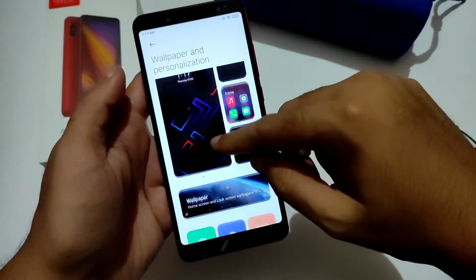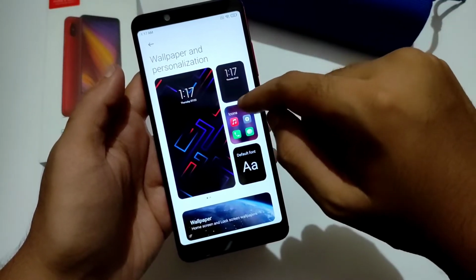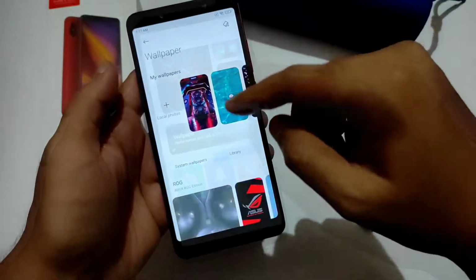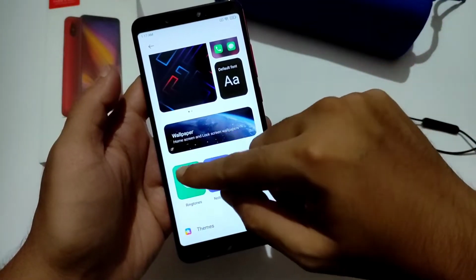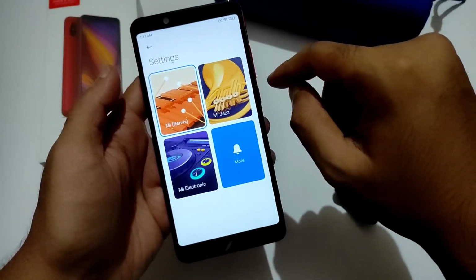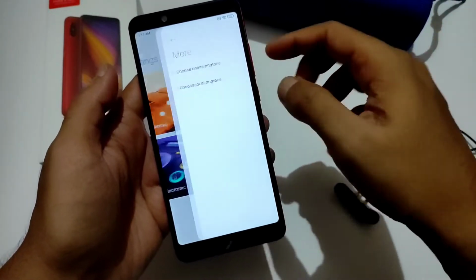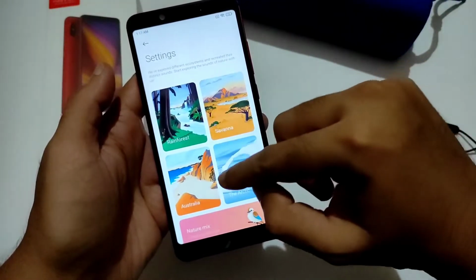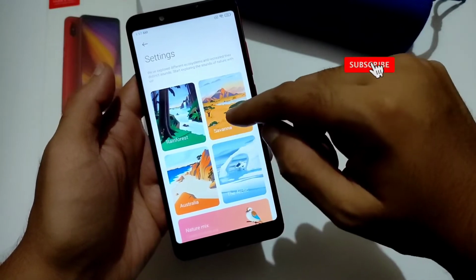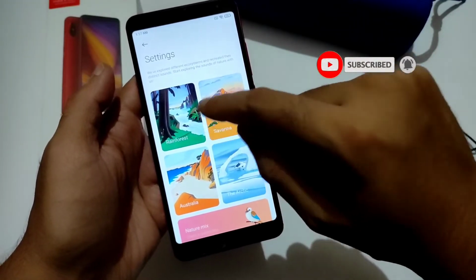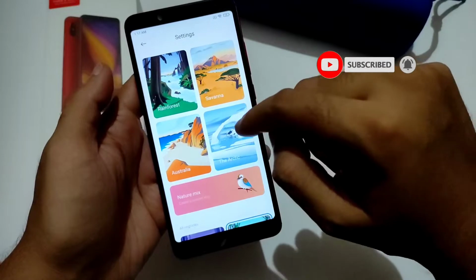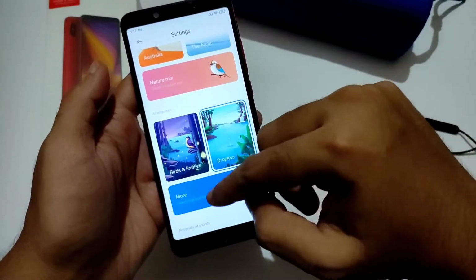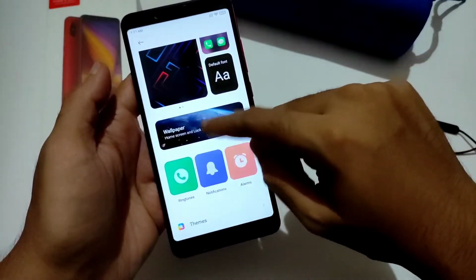And this is the wallpaper and personalization settings. You get plenty of wallpapers and icons, default fonts. You can change the fonts. Coming to wallpapers, there are even the ringtone styles. Let me show you. As you can see, the new type of this is also given. When you go to more, you get this kind of settings, and notification settings are also given. As you can see, you can choose the different types of, for example, rainforest, savanna, Australia, the Arctic, nature mix, birds and fireflies, droplets, plenty available in this ROM.